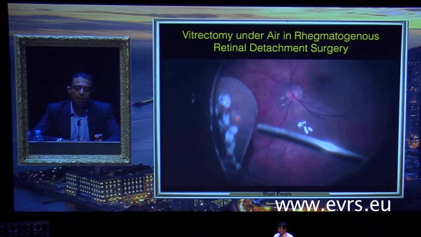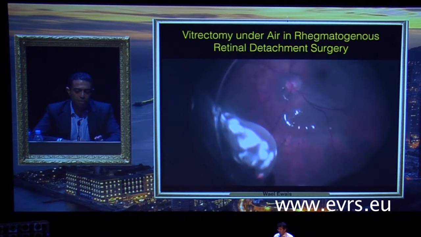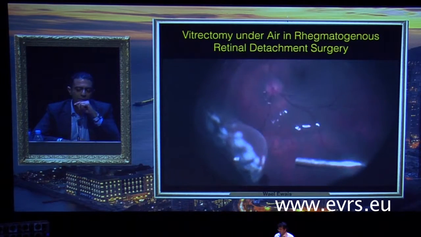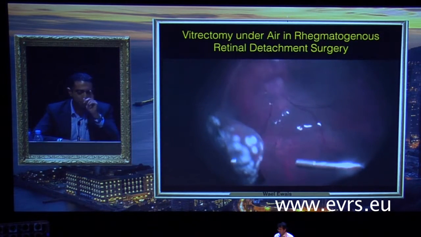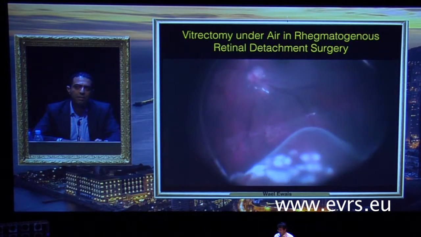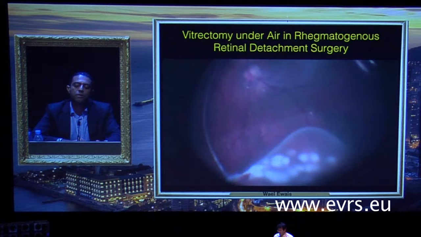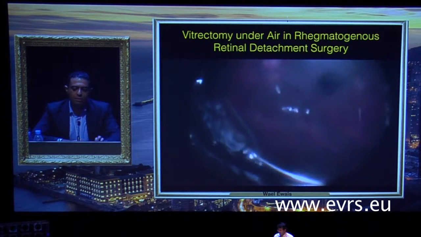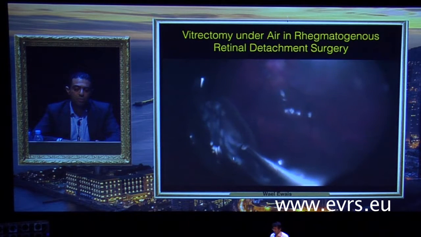And I do some laser, especially in giant tears and in retinectomies, before I start with the air filling, because you know that there is a risk of slippage of the edge. And I believe that the laser marks start the chorioretinal adhesion somehow within minutes after the laser. And then I infuse the air